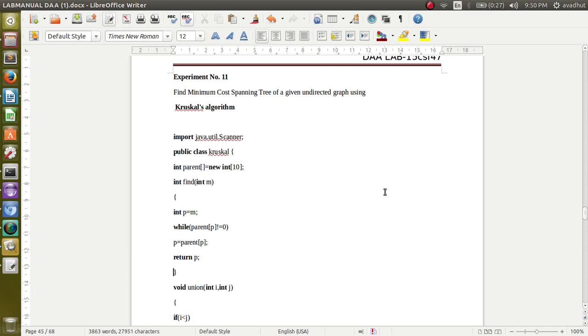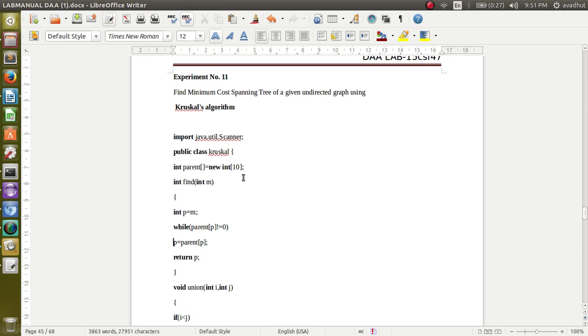Whichever is the smaller element will be stored in the other element. That is what union is. Using this union and find of u, we are going to solve the problem of finding the minimum cost spanning tree.